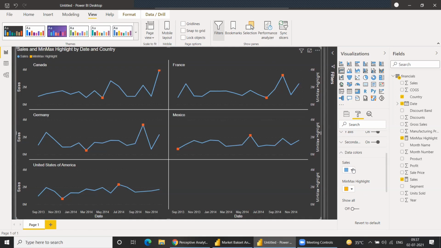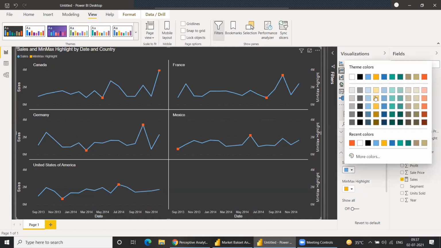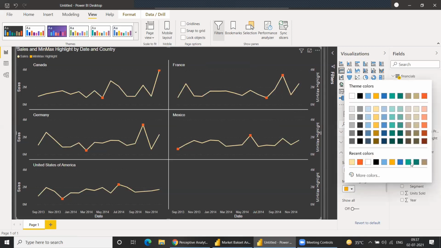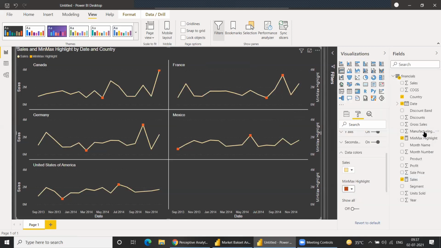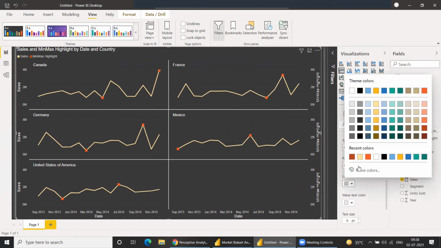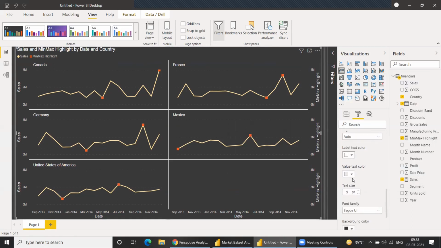So instead of this, we can choose this, and here we can choose this. And if you just want to change something in the tooltip, you can change the text color, you can change it to white.